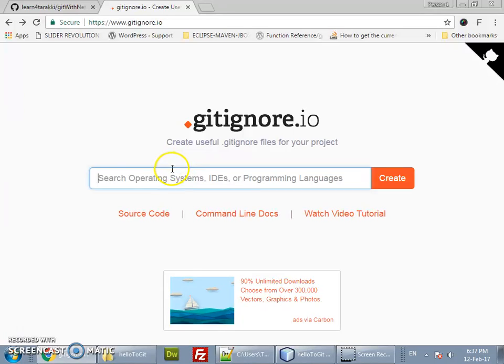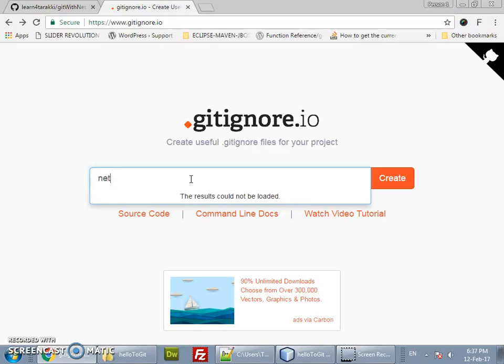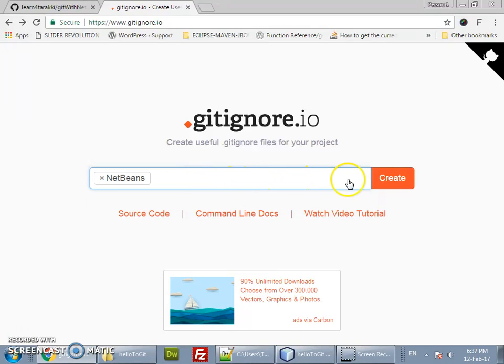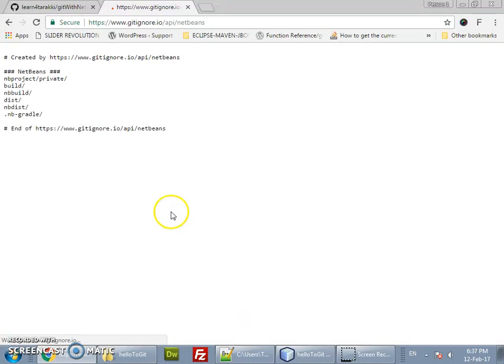This website is meant to ignore files that we don't want to go in Git in the initial stages. So just type netbeans over here in the .gitignore search box and click on create.